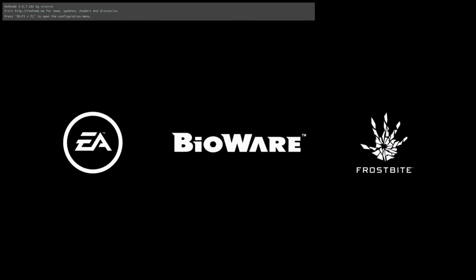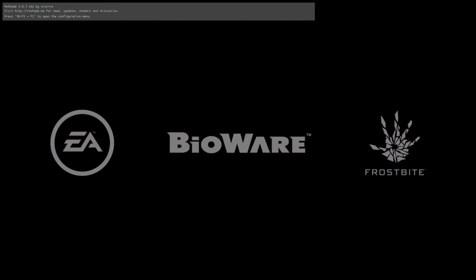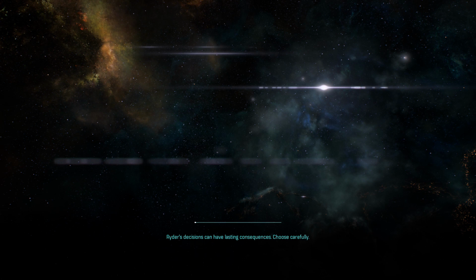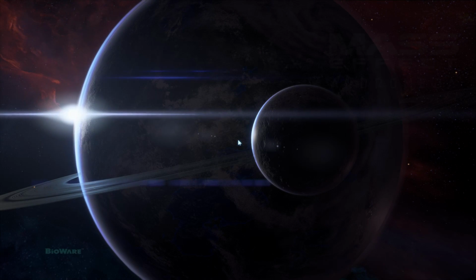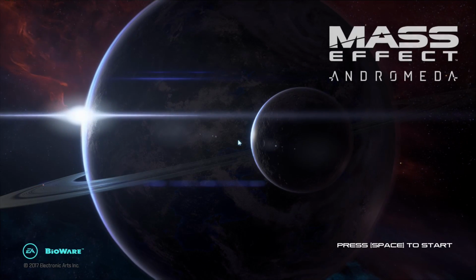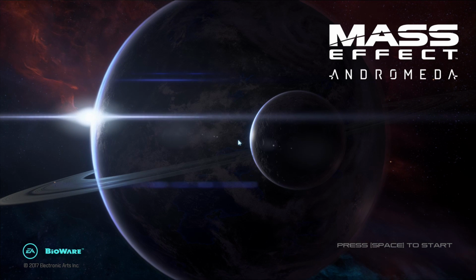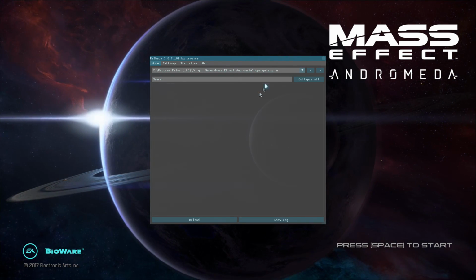Oh my god, it loaded correctly the first time. That is fantastically amazing. So, you'll see at the top left there, now it's gone, but there was a little notification to tell you that ReShade is running in the background. So what we need to do here is press the default Shift F2, and this will open up the ReShade